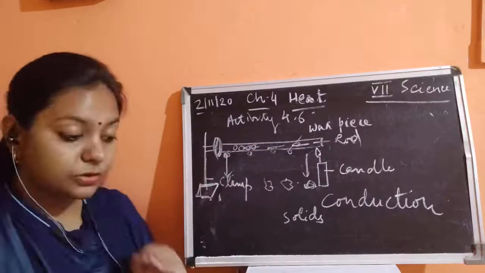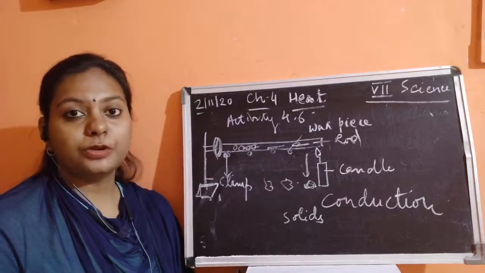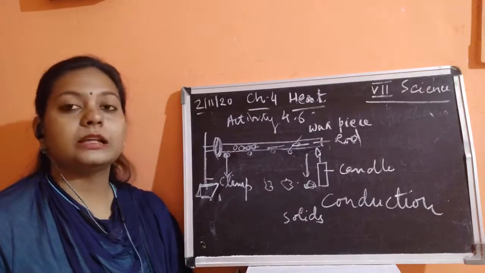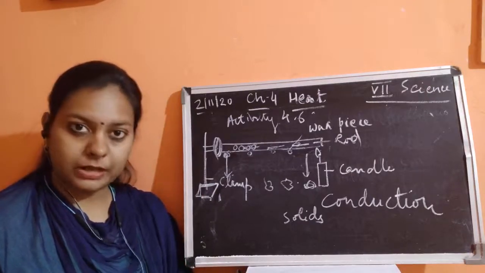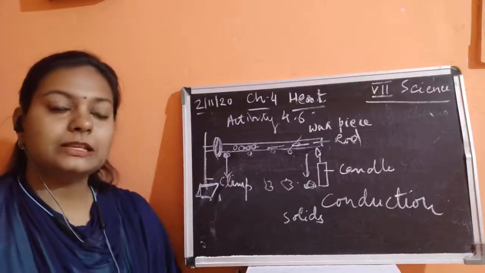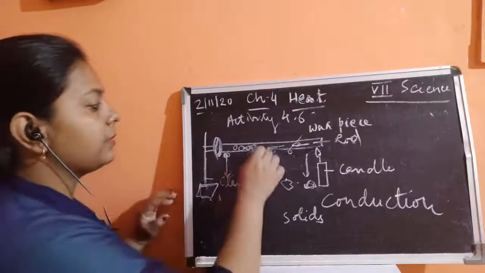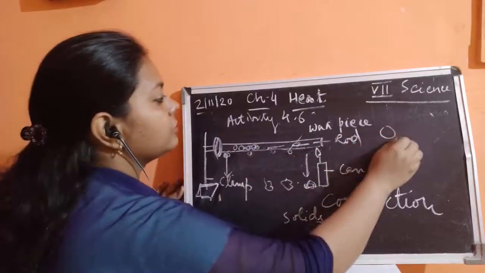अच्छा, molecules क्या होते हैं? Molecules वो tiny particles हैं, वो छोटे particles हैं जिनसे मिल करके कोई state of matter बना है. हर एक state of matter बना हुआ है छोटे छोटे particles से, and these particles are known as molecules. So in solids what happens? These molecules are very closely packed.